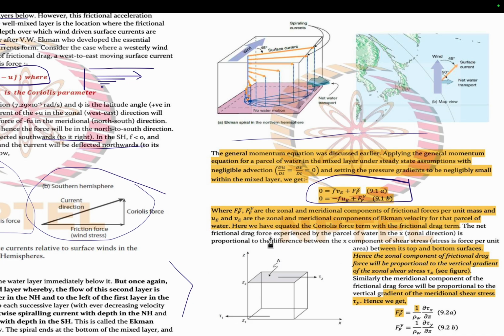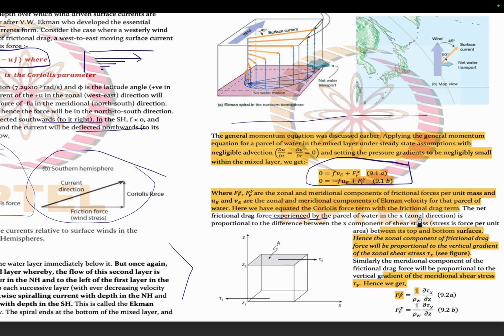The net frictional drag force experienced by the water in the zonal direction, that is the x direction, and the meridional direction, that is the y direction, is different. In the x direction, the frictional drag force experienced by the parcel of water is proportional to the difference between the x component of shear stress at the top and the bottom surface of this box,